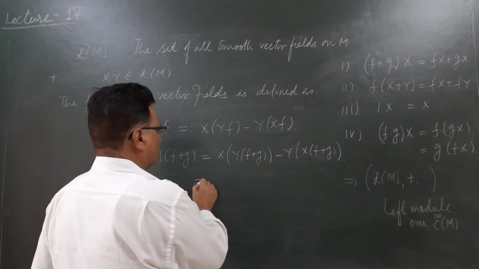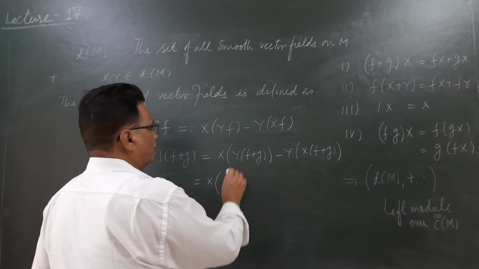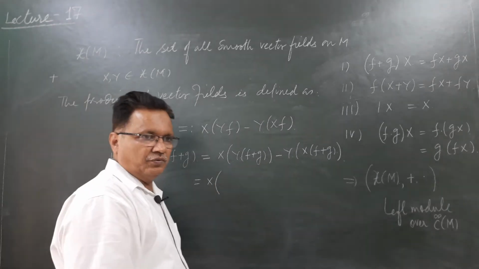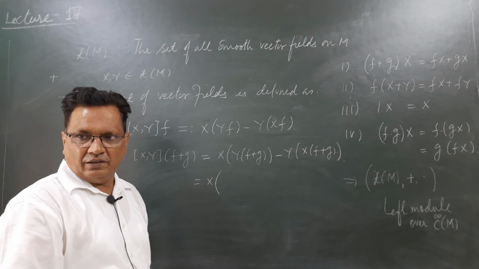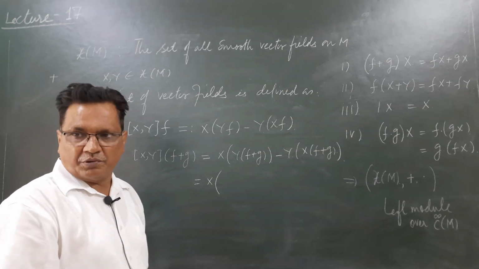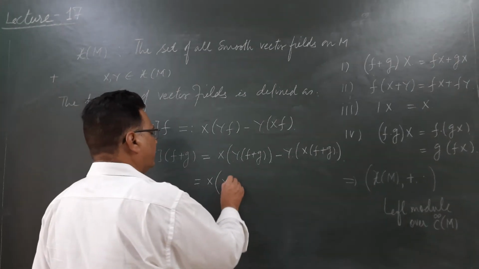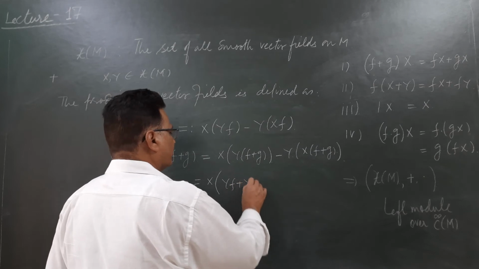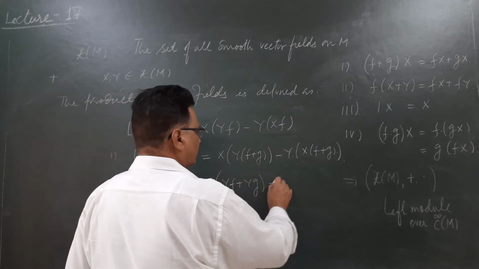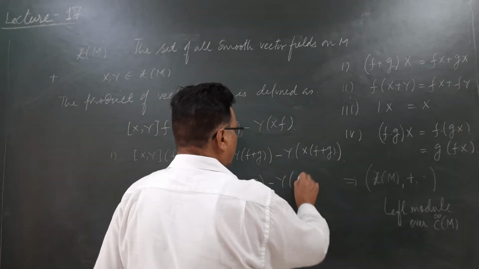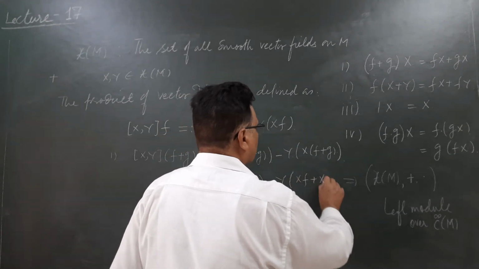And this equals to X. Now Y operating on the sum of two functions, so Y being a vector field will satisfy the linear property. So it will be Yf plus Yg. Similarly over here Xf plus Xg,